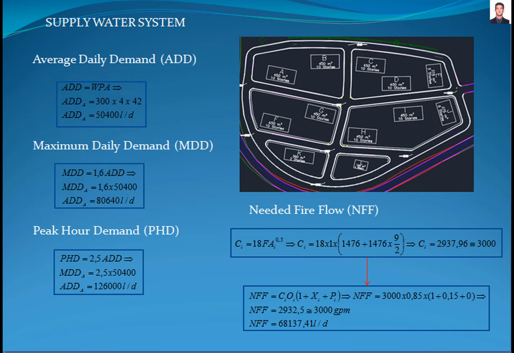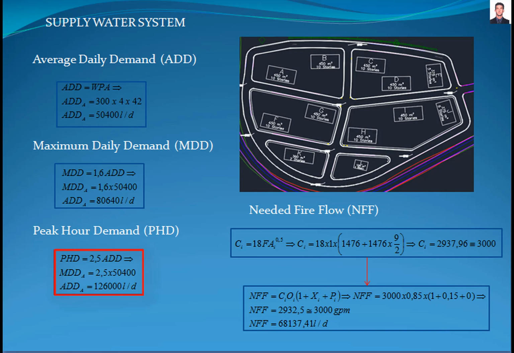The next step is to calculate the maximum daily water demand, which is considered as 1.6 times the average daily demand, giving a result of 80,640 liters per day. Now, we calculate the peak hour water demand, which is considered as 2.5 times the average daily demand, giving a result of